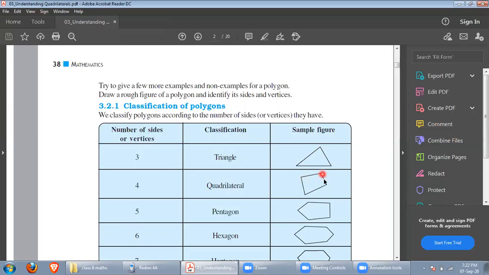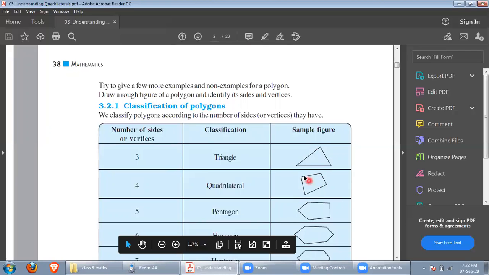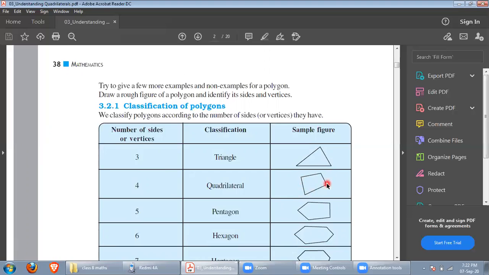Similarly, for the quadrilateral, a 4-sided polygon, these are the sides, 1, 2, 3, 4 sides. And the vertices, this point, this point, this point, this point. For the pentagon with 5 sides,